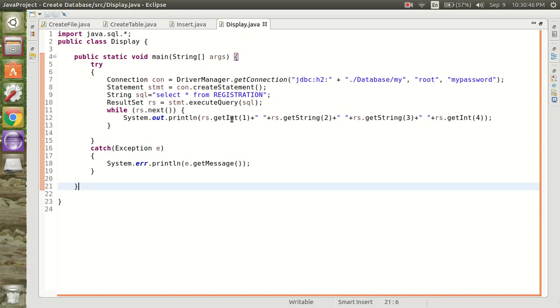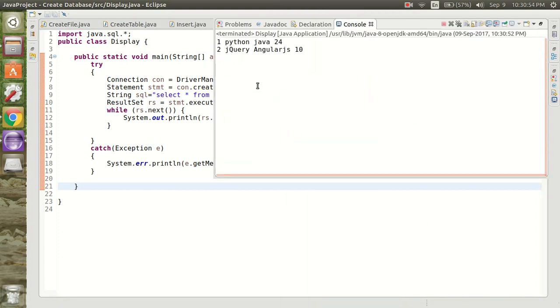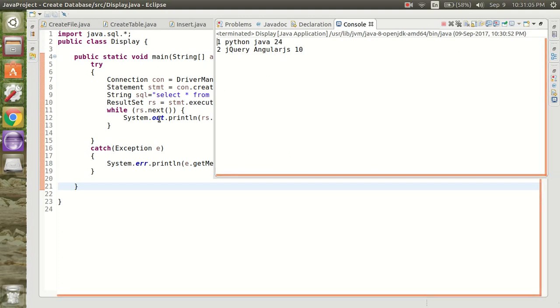This is the primary key, first name, last name, and the age. So let's try to run this. We have our output. This is the first record, this is the second record, Python, Java, 24, and jQuery, AngularJS, and 10.